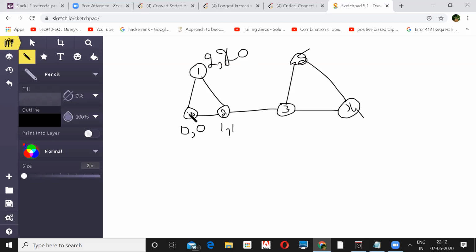Now you have explored this. So you are changing that value only when you are backtracking, right? Backtracking, exactly. Now I'll backtrack again here and come to 2. Since from 1 you can go to 0, from 2 also you can go to 0 via 1. So again this will be made 0.